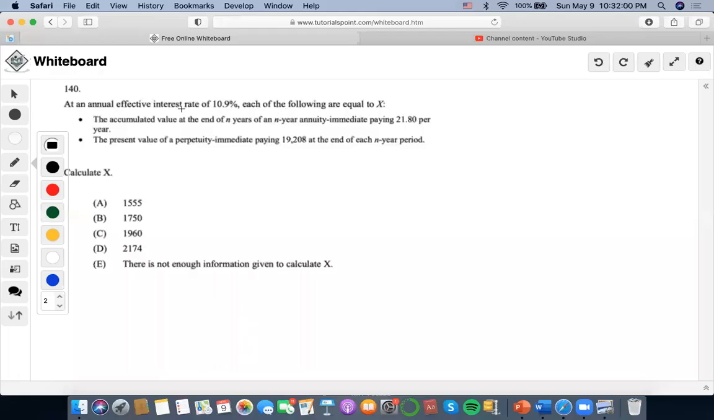Hi, so for this one, it says an annual effective rate of this. Each of these are equal to x, which means that we have to set both of these equal to each other. So the accumulated value at the end of n years, so 10.9% effective is paying